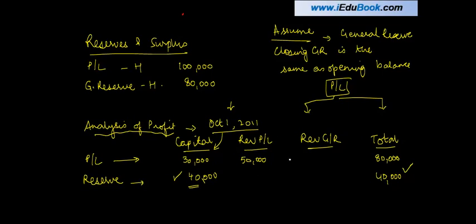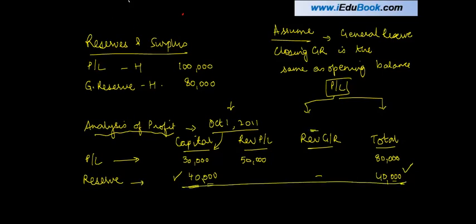The difference between profit and loss account and general reserve is that in the general reserve account, you just have a transfer at the end of the year, while profit and loss is earned during the year. So if nothing is given as to whether there is any transfer, we assume that this closing balance is the same as the opening balance. And there is nothing in the revenue general reserve.